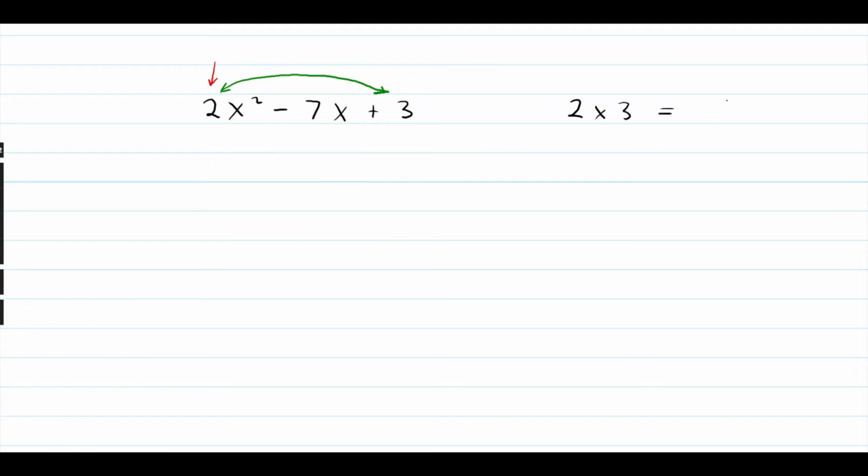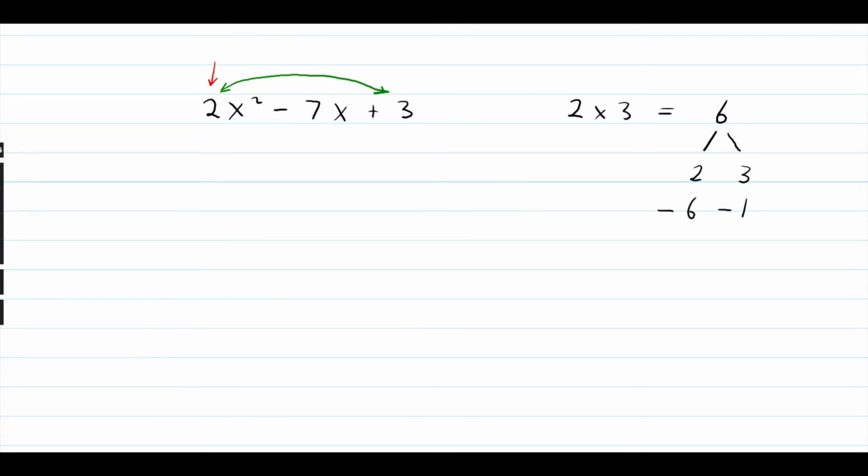is going to give you 6. Now the next thing you do is you break 6 up into its different factors. So for this, you're going to get 2 by 3, or you can get 6 by 1. There are two options. Now we need to figure out which of these two factors, after we've multiplied the first and the last figures here, is going to give us minus 7x. So if you look at this one here, again, because it's a plus 3, they'll have to be the same signs. So just show that there, because that's a plus 3 there. That means these will have the same signs, and they'll have to be both negative. So if you could see it from this one, negative 6 and negative 1